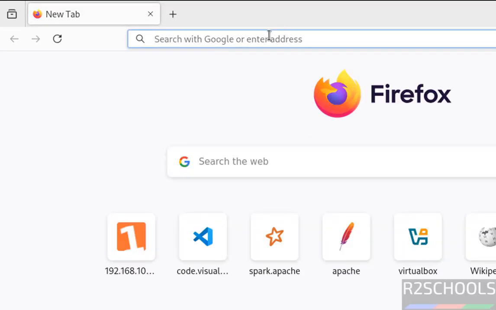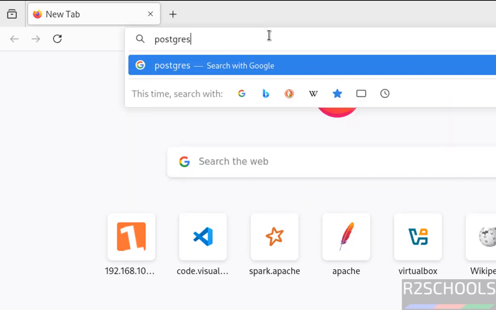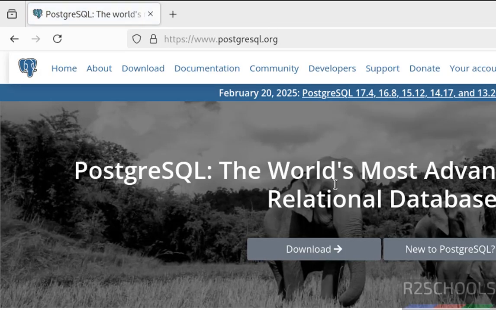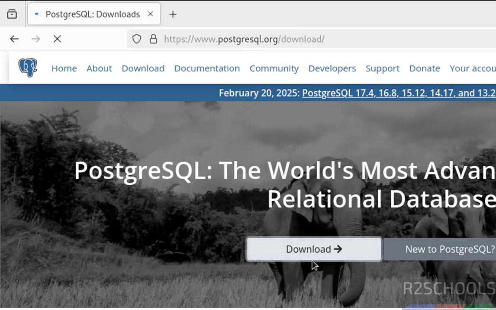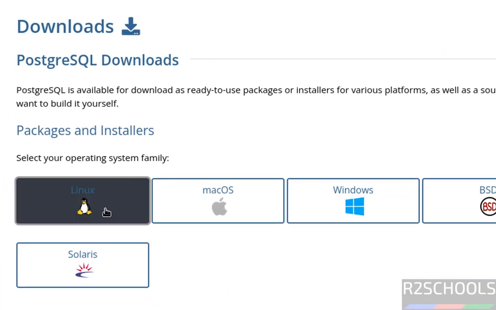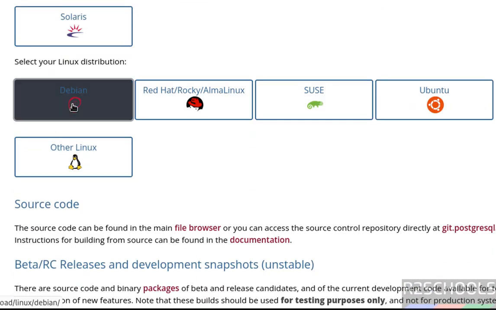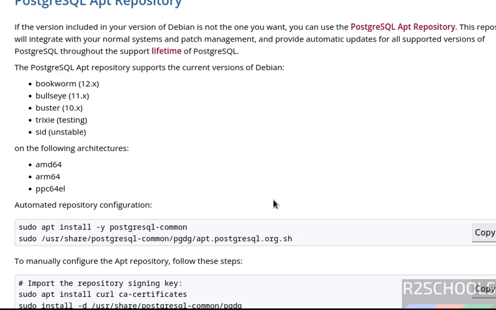Then go to PostgreSQL official website, that is postgresql.org. Hit enter. Then click on download. Then select Linux. Scroll down. Then select Debian. See here,